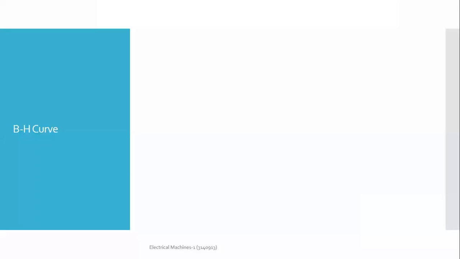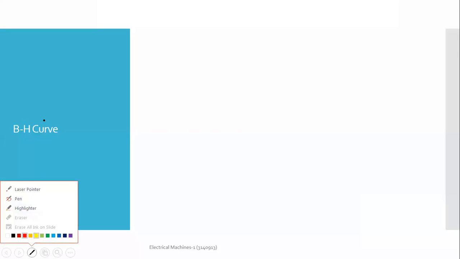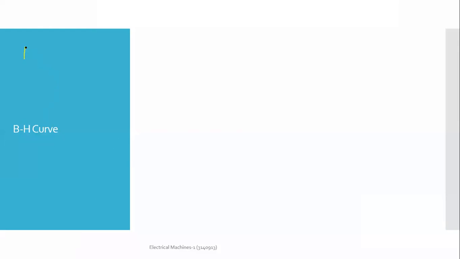So good morning, everyone. In the previous class, we were discussing the magnetizing curve of any ferromagnetic material, and in that, we have seen how the magnetization takes place. So what we did, we considered one core made up of any ferromagnetic material. So this is a core, and then we wound a coil, insulated. Obviously, it is insulated from the core. There is no physical connection directly between the core and coil. Remember,